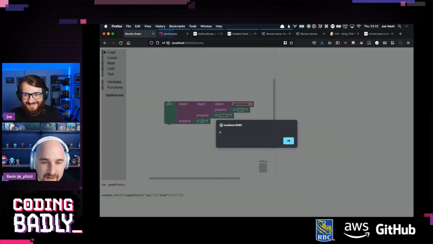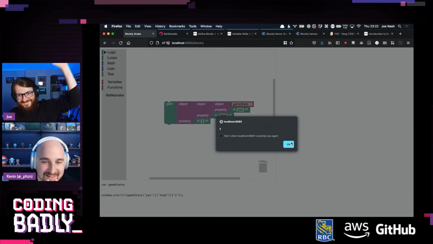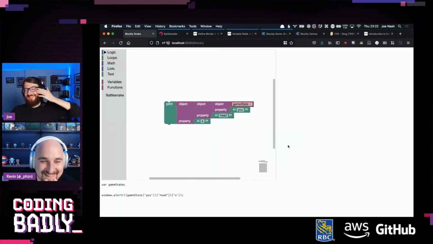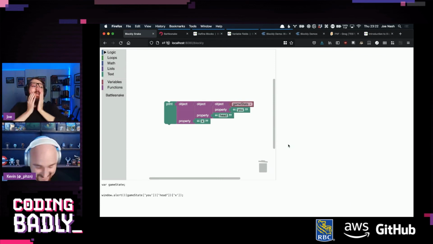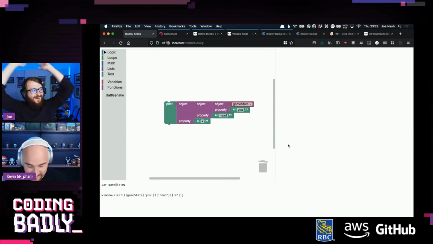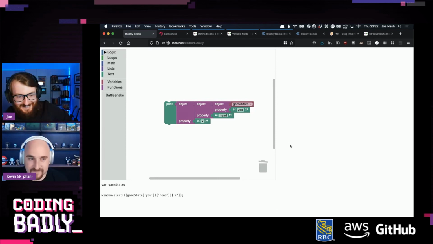This is... All right, straight to elite we go. We can write Battlesnakes now. Oh my god. And then Matt says we can use the same input to use the same block for array access. Now Matt's thinking with portals.